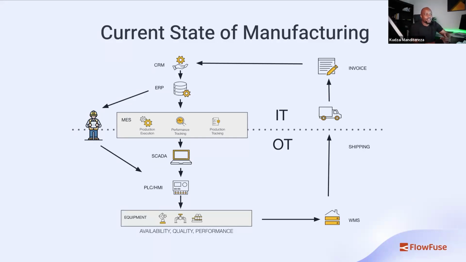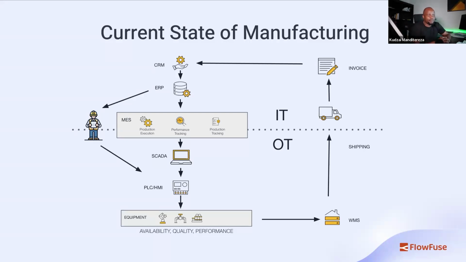And of course, for manufacturers, it's important that they utilize the resources they have to the maximum. They want to make sure that their equipment is available for production for as long as possible, so they don't have to buy new equipment when they could actually utilize whatever they have. And they also want to make sure that they're producing the best quality possible, to minimize any rework, which obviously eats into the time they have within a day to be able to